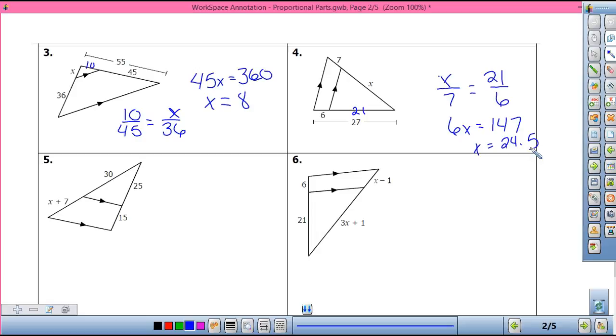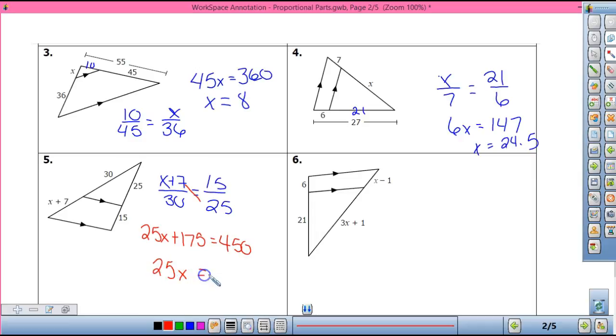All right, Eva, this one's yours. Set it up for us. 15, yep, over 25, so be careful of your order. Okay, so we've got to distribute here, 25x plus 175 equals 450, do some subtracting, 25x equals 275, so x is